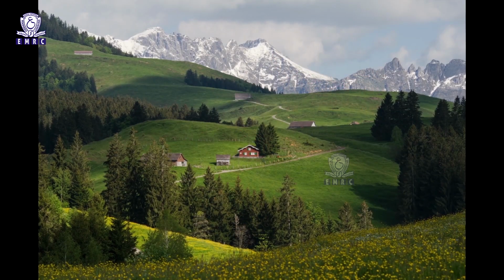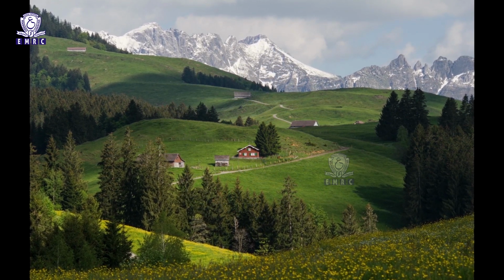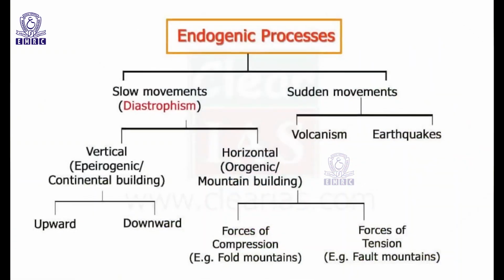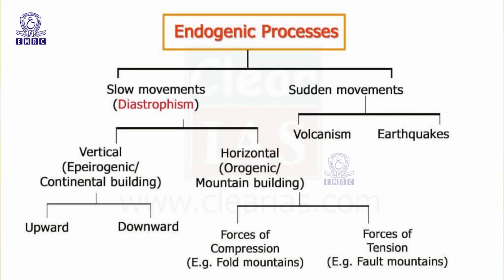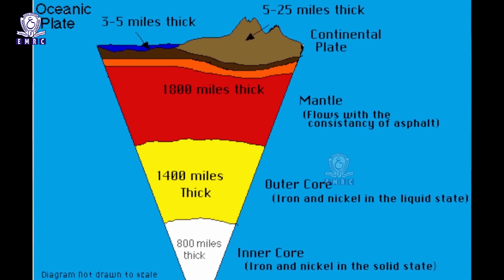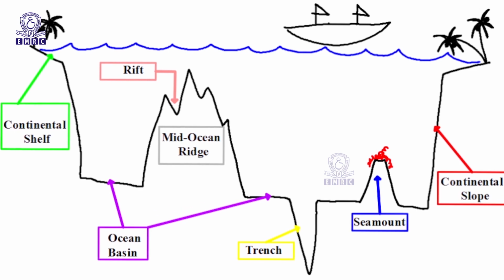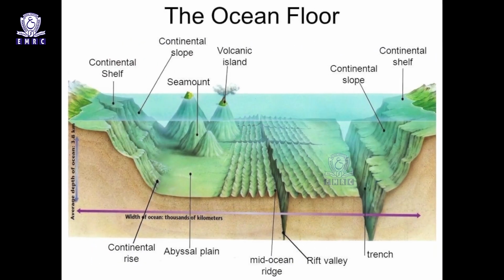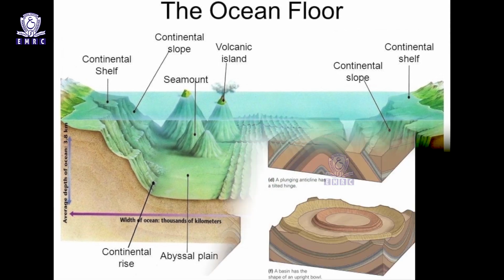of the earth. The earth's surface is dynamic in nature and is undergoing transformations, some of which are slow and some are very sudden. The processes which have origin inside the earth are called endogenetic processes. The main driving force for these geomorphic activities lies in the interior of the earth. These geomorphic processes which have origin in the interior of the earth are responsible for the evolution of various continental and oceanic landforms on the surface of the earth.